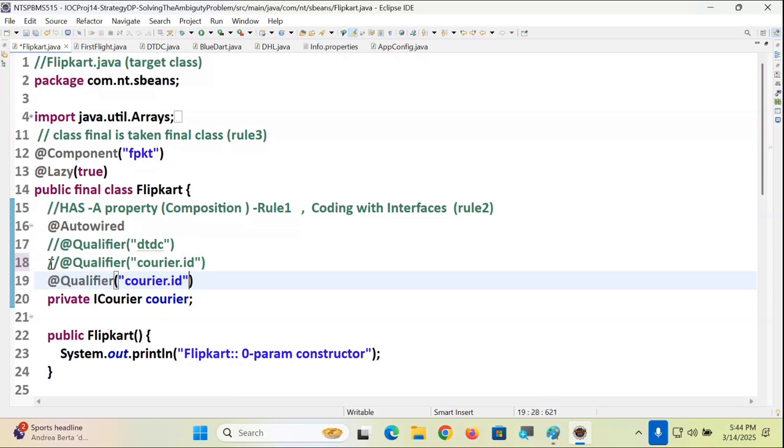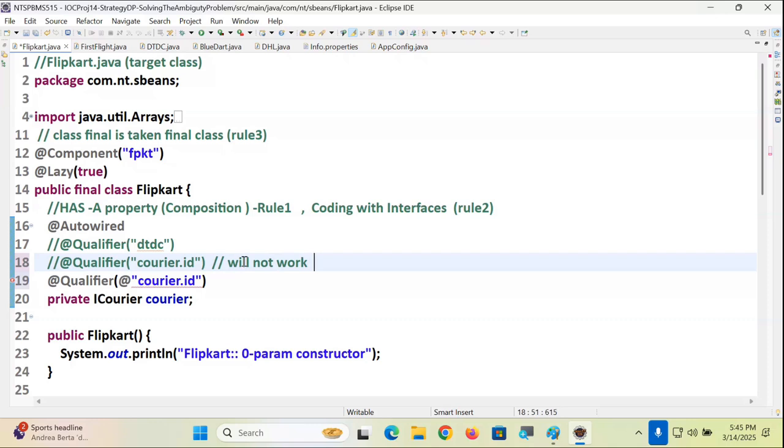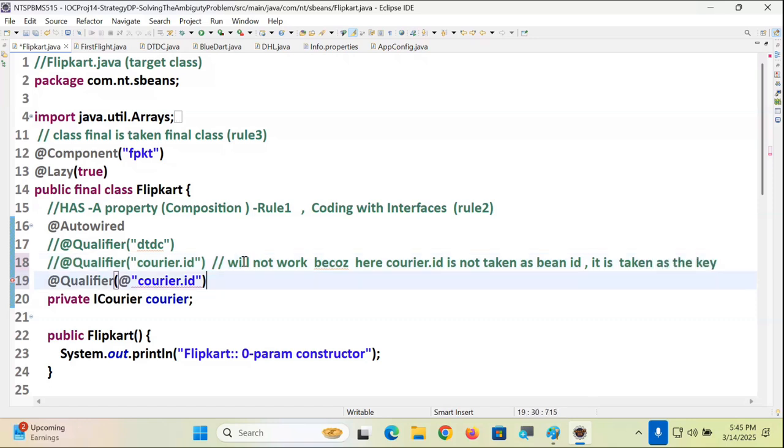I want a reply, guys. @Qualifier. Here what is there? Okay, it will not work, because here courier.id is not taken as the bean ID. It is taken as the key. At the rate Qualifier,